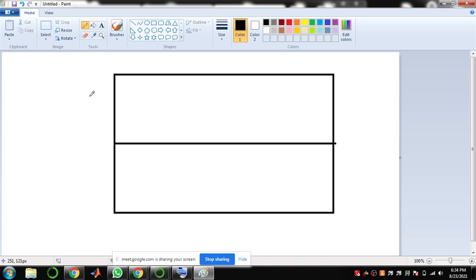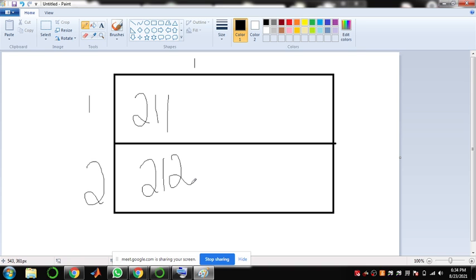So I'll write here this as 1 and this as 2. So you have two rows and one column in that first one. Two rows, one column in that second one.